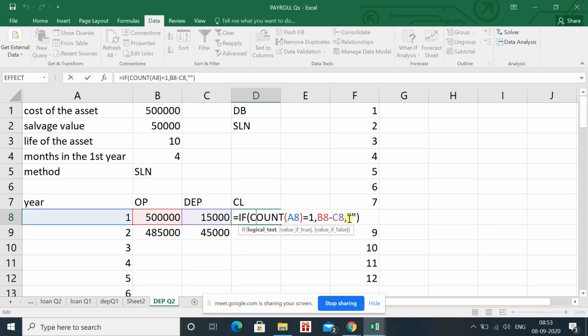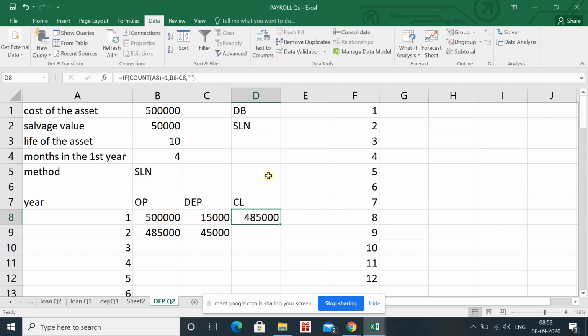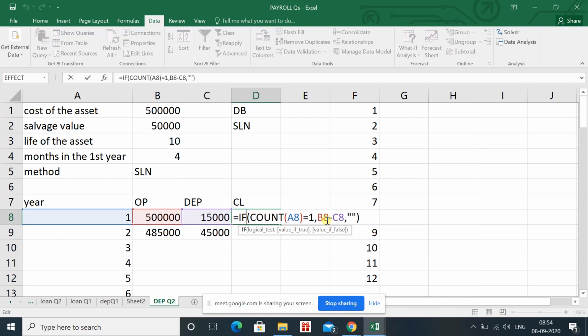We know that we will apply on the basis of the depreciation method only, which we discussed in the last class. But before that, you must remember that we have discussed the count formula in loan and lease question. We have discussed the count formula in the loan and lease question, and in loan and lease we say that if count is applied, first of all the count is applied to check whether we have a number in a given cell.